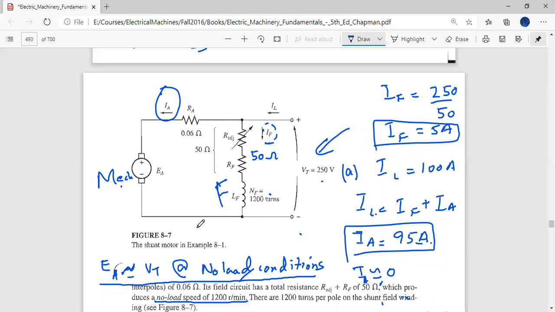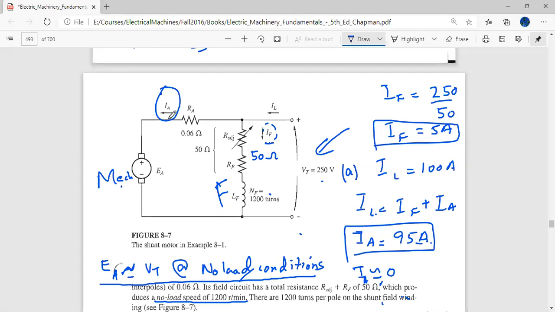So always remember this condition, that EA is almost equal to the terminal voltage at the no load conditions, because then the motor will draw negligible current because it has got no work to do over here. Okay, so the only current it will be drawing from the supply will just be to make up for this field, because this circuit is still completed even if there is mechanical load or not. And if you put the mechanical load on it, only then it will begin to draw considerable IA from the supply. Otherwise, this IA will be close to 0.